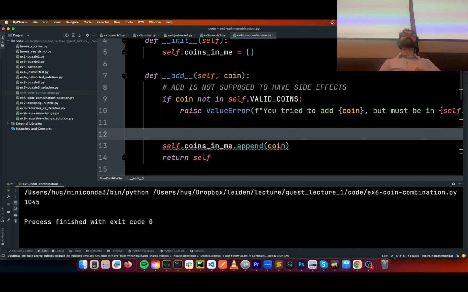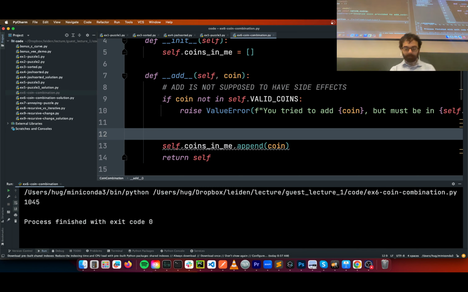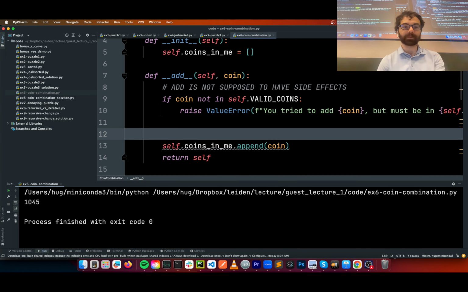Was it a binary tree? No. How many children did the nodes have? As many as there are coins. So each node had its own child, which was the 50 child, the 20 child, and so forth. So it was a hexary tree. And the search we just did was a depth first search. So this was depth first search. And that's why we ended up with this kind of structure, where we found all the 10 combinations first, then all the 5 combinations, then all the 2 combinations, is that we did a depth first search. We didn't really think about it as an explicit graph object, and yet we did.